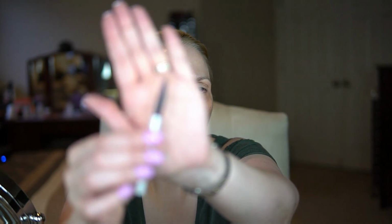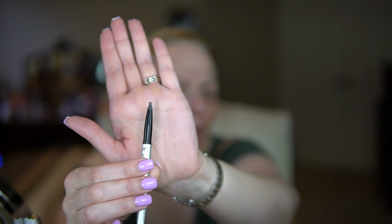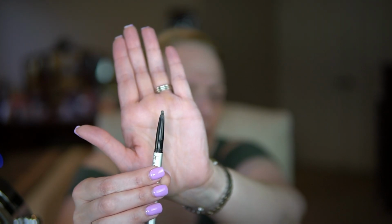I tried to see if I could take it off with my fingers, and you can still see it, whereas I have a smaller sample one that I got from a subscription box. I think it was one of my early BoxyCharms. So I've had this for a while, I've used it. I've had this probably for at least a year, and there's no white film over the tip. So I don't know if I can get this to show up or not. But you can see, it's used. You can kind of see a little bit of whitish on there, but it doesn't look like that just under